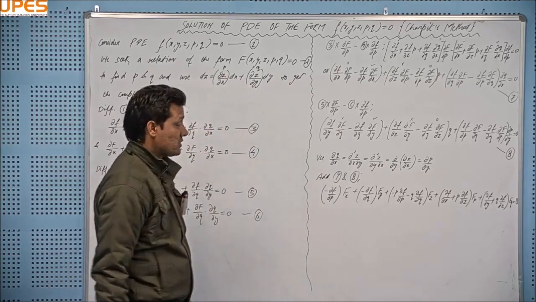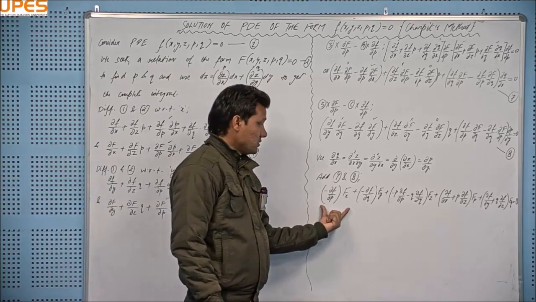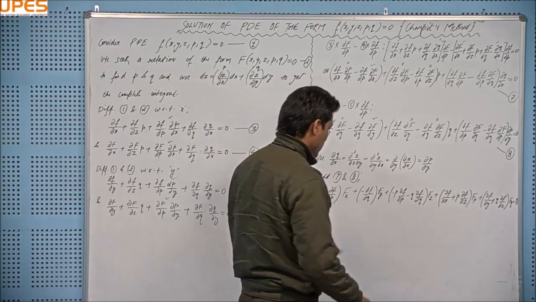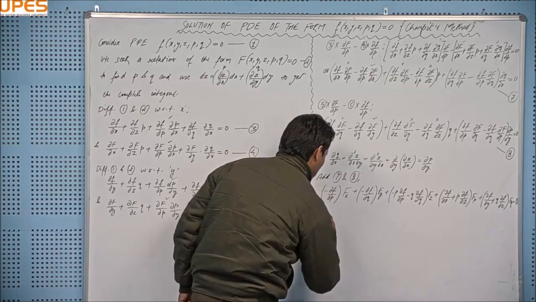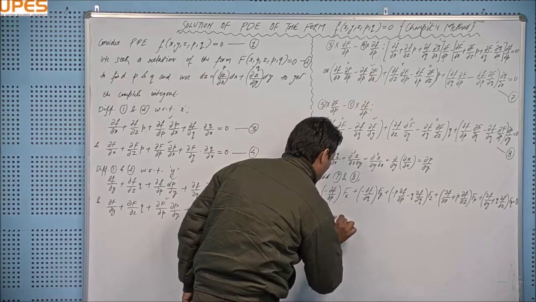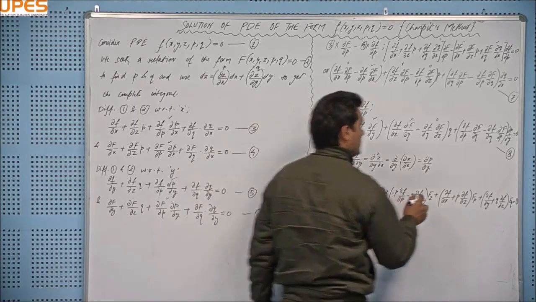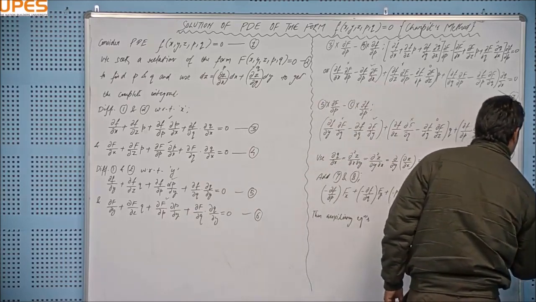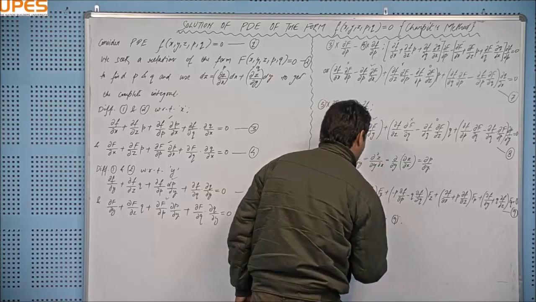I have to mention something else here, that in order to write the solution for this, let me write the solution first, then the auxiliary equations for this, let me write it as equation number 9. The auxiliary equations for 9 are given by